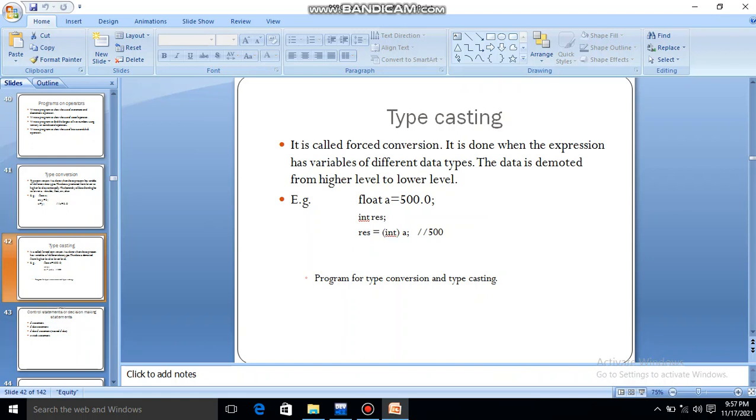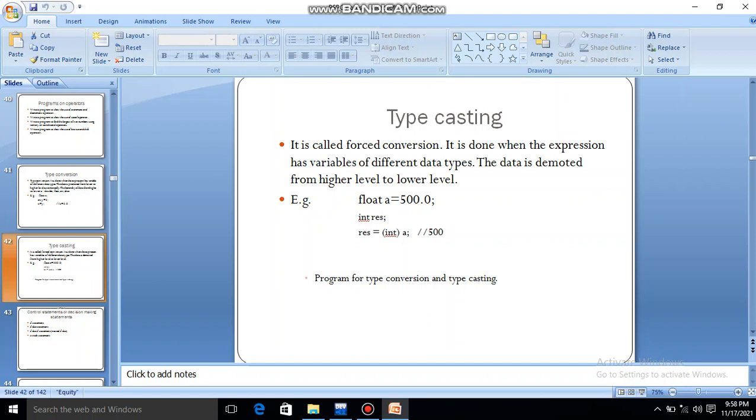It is done when the expression has variables of different data types, and the data is demoted from higher level to lower level. Now consider this example. We have a float variable a equal to 500.0 and int res. I want to store the value of a in res.